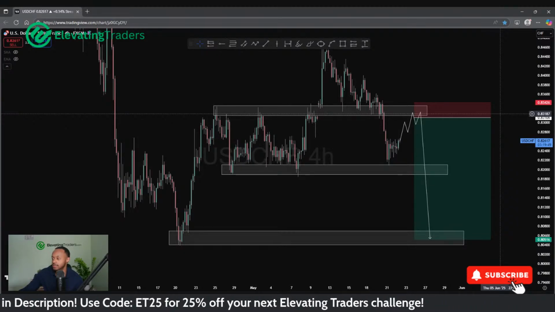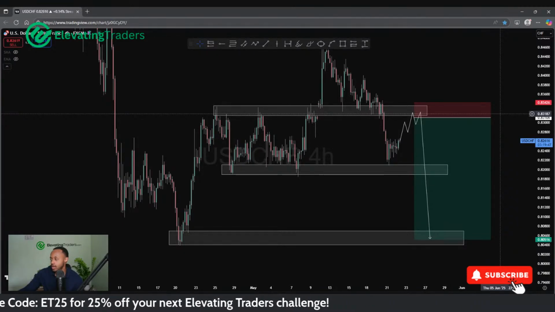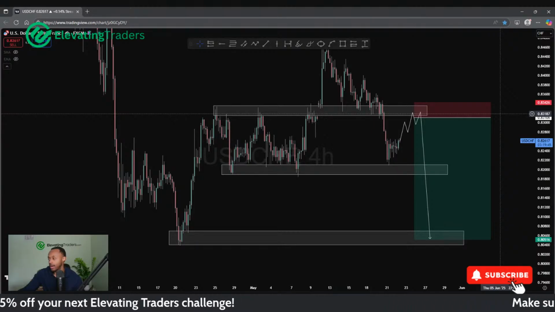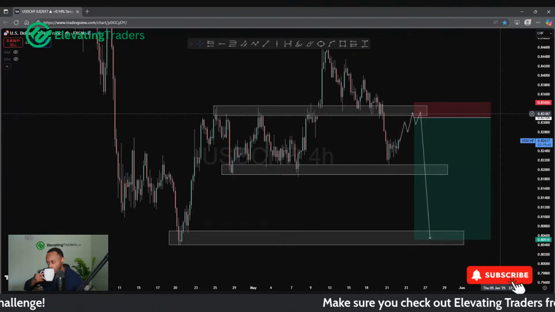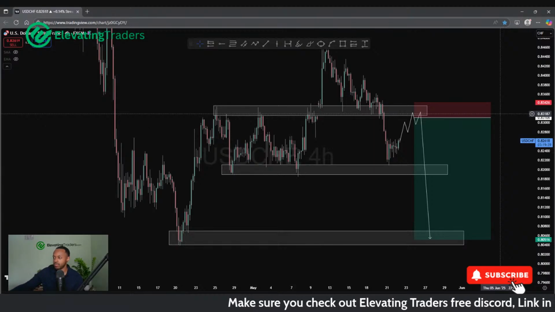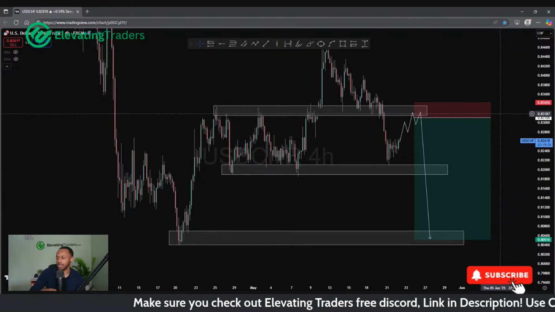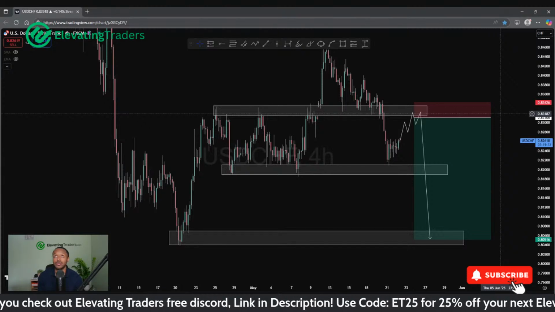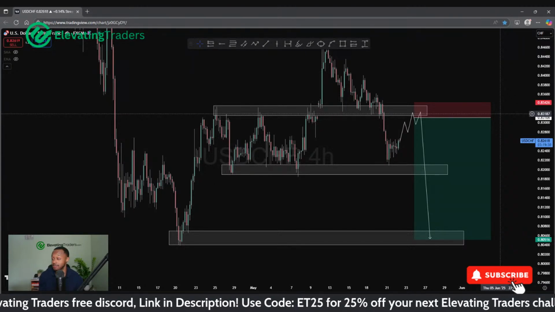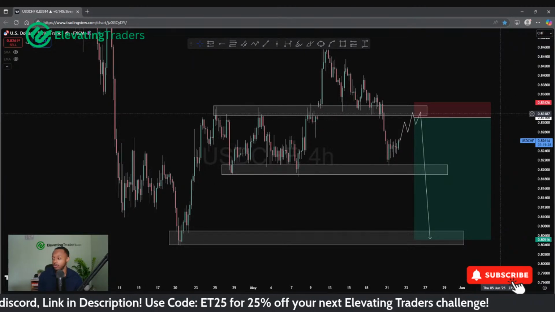DT, for dollar CHF, some re-entries. James, given up on dollar yen, but thinking of buying pound USD at 1.335, targeting 1.35. Okay, I'm bullish on pound, but it's just not the best area for me to be buying pound USD because it's still trading at major resistance on the daily chart. But I'll go through that.